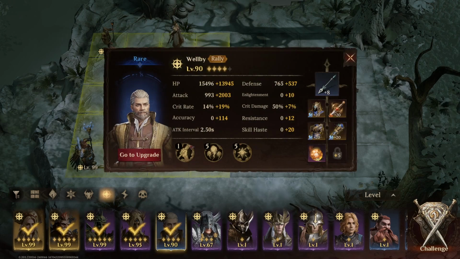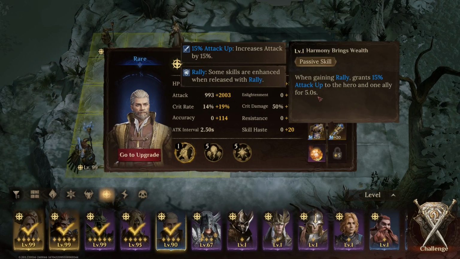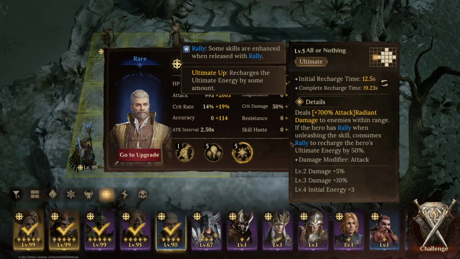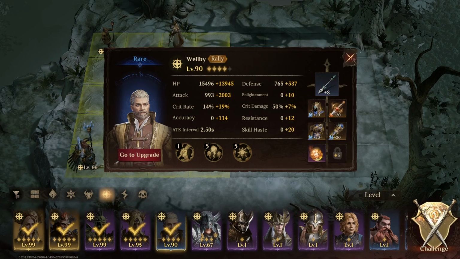Welby does actually improve when gaining rally, grants 15% attack up to the hero and one ally for 5 seconds. Okay, and he has a 50% chance of granting ally rally on the ally, but with level up skills it's 75% on 9.5 seconds basically to proc it, and then he also recharges his ultimate when he consumes rally, so he can cast this more often. I didn't go damage wise on him, as you can see, only 3k attack, low crit